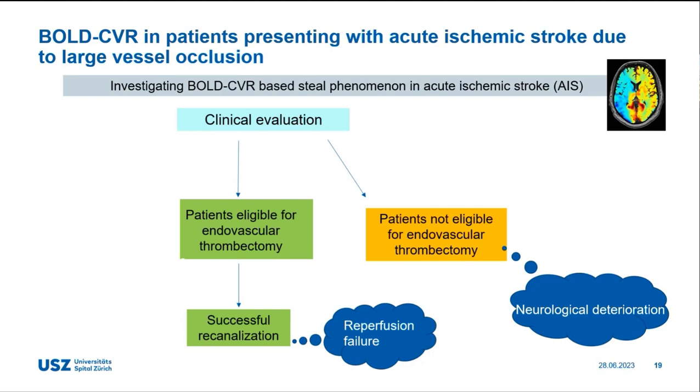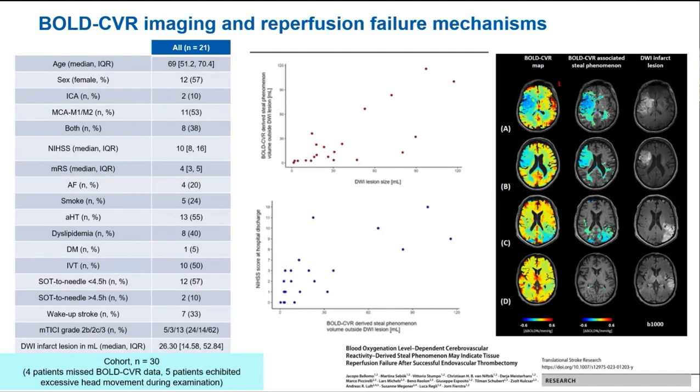So also here, these people got within the 72 hours this BOLD CVR and MR perfusion scan. The first project for the reperfusion failure, we scanned 30 patients, but had to exclude 9 of them because they didn't have the BOLD CVR data at the end, meaning the scan was either not done well or we